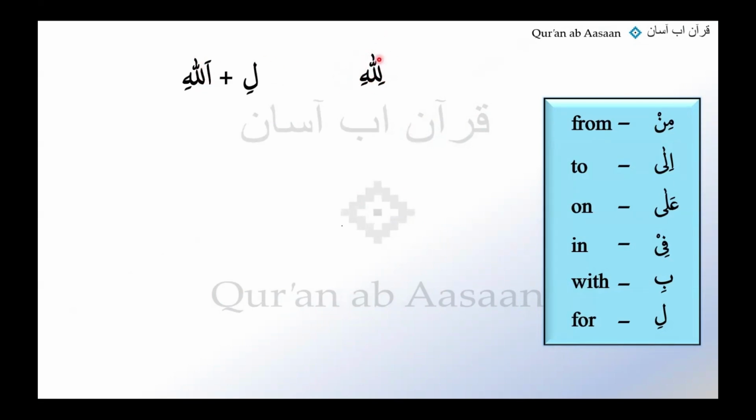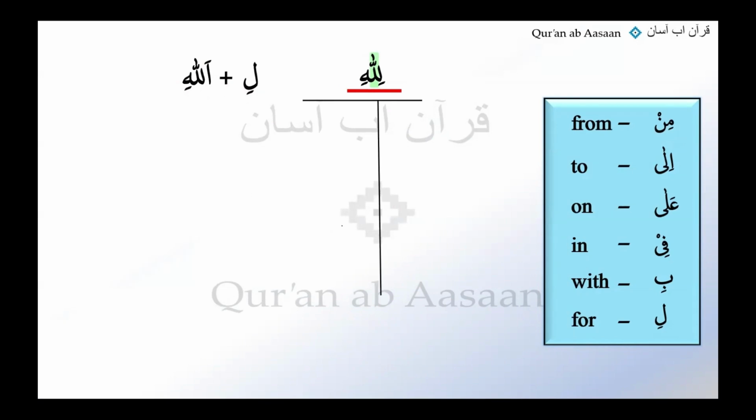This is my word. This is what I'm dealing with here right now. There is no al. I can't see any al here. So how do I say it? Color the second lam green like this. Excellent. And now do what? We know that it's li, harf jar, and Allahi following it is a noun in jar. So we are underlining it red. It's a murakkab jari. And then dissect it.